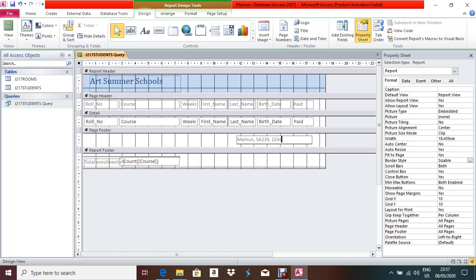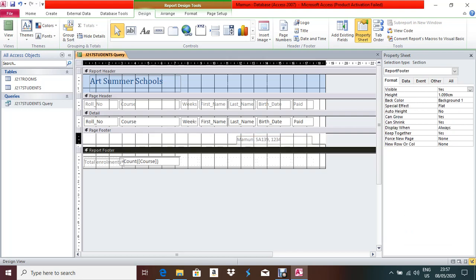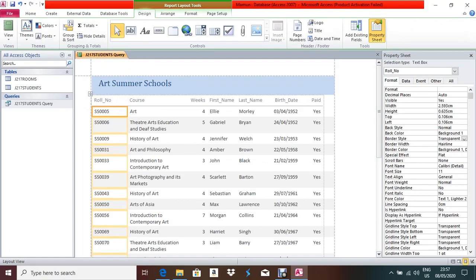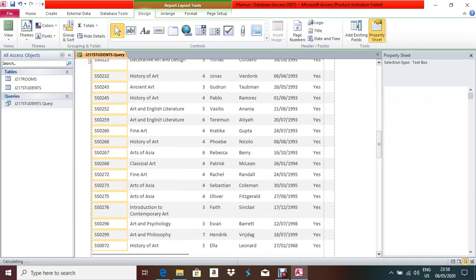When we started to make the report, what we learned is that if, after creating a report in the report wizard, some field is not coming properly, like one field is missing, then how to create the report? I showed you that, not from the report wizard, only from the report, and you have to follow this procedure. Now you can make this one a little bit small. Now check in layout view, it should look like this.